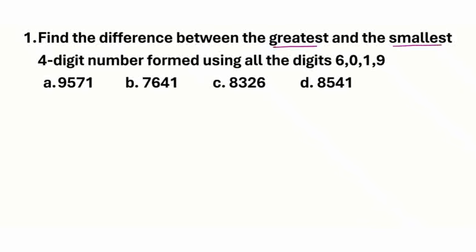Then finally find the difference. So difference means we are going to subtract the two values, right? So first one, greatest number. The greatest number is 9610. And the least number which we can form using these digits is,